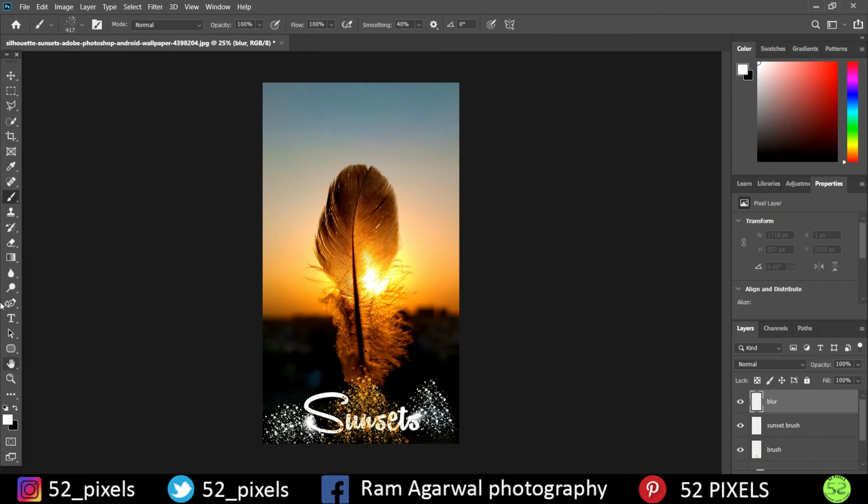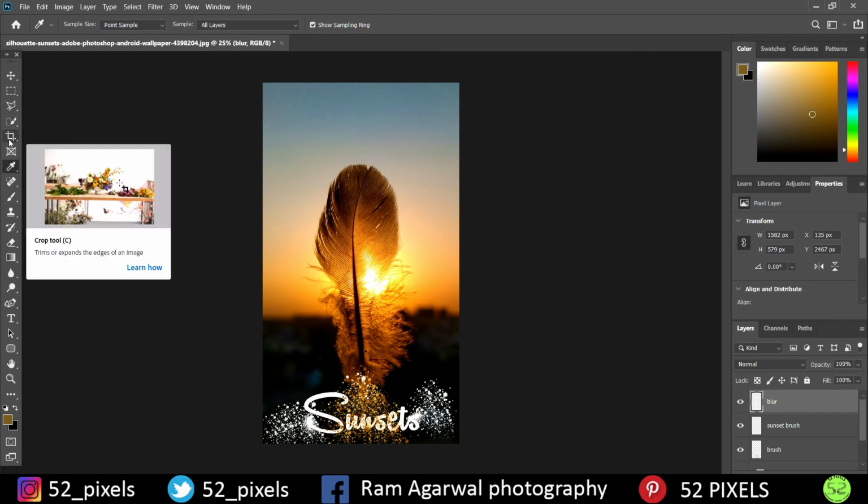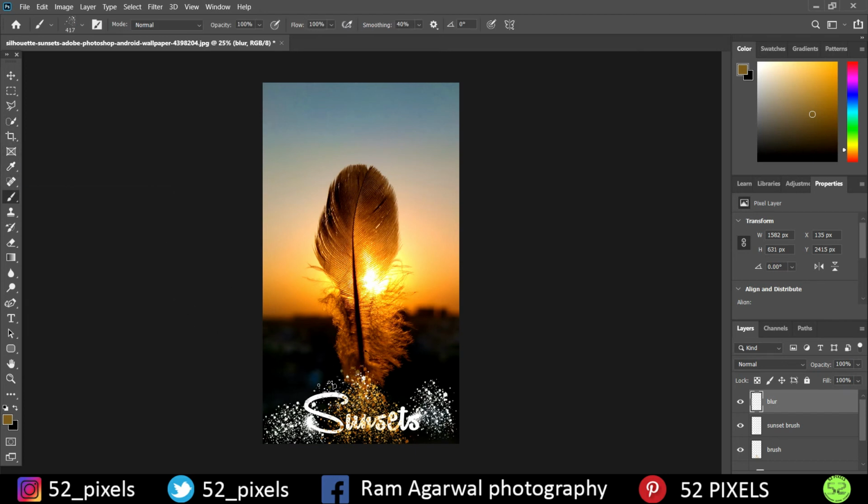That's quite big, and I'm going to use this white brush once again, and also change the color back to this one, and drop it over here somewhat like this.